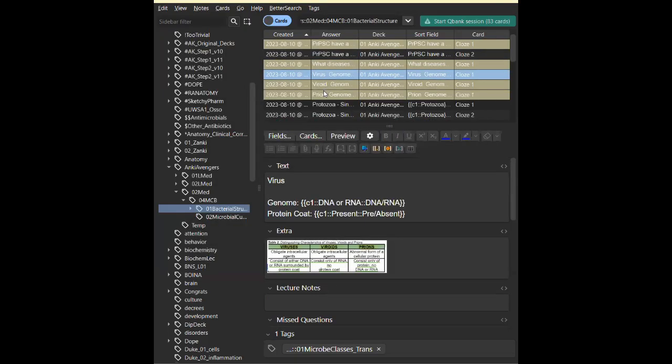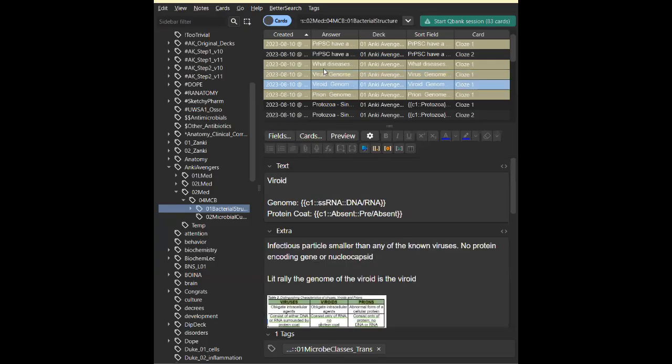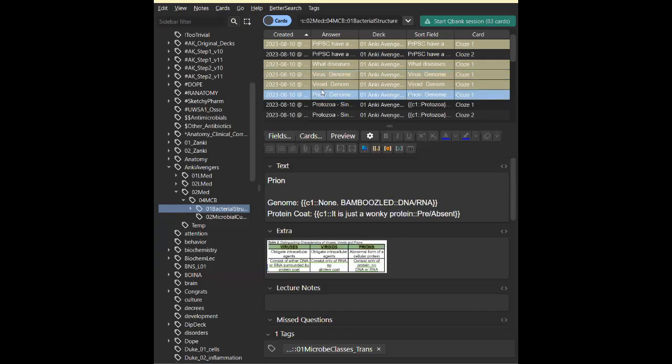Now these are profiles. We will be dealing with a lot of these, especially for microbiology and also parasitology. So here's a profile: viruses, the description of viruses, viroids, description of viroids, prions, description of prions.